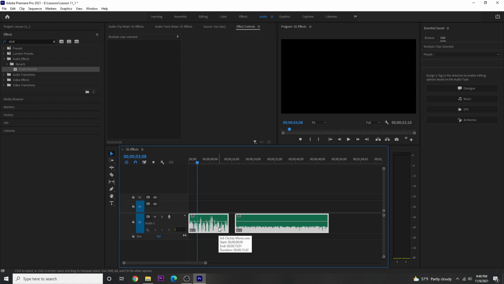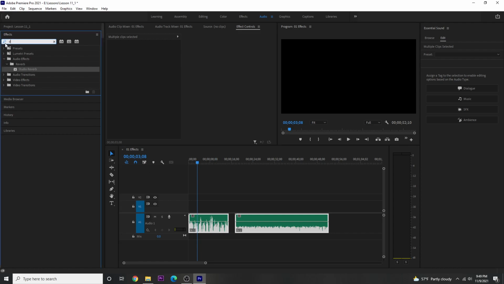Studio Reverb, that can allow you to increase your presence in the recording using reverb. For example, if you want to simulate a sound of a larger room, that one might be the best for that option. And a lot of these effects are trial and error. Each clip is going to react differently to them, so you'll have to test them out if you do use them. Another one that the book is talking about is delay,